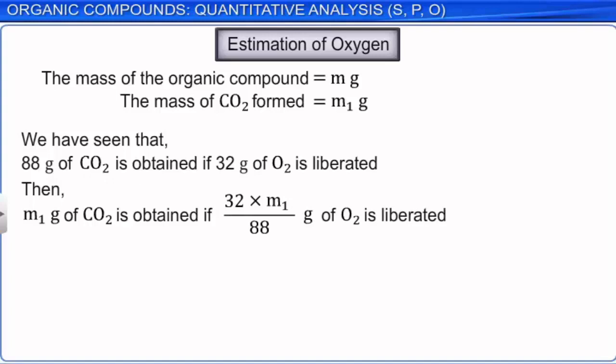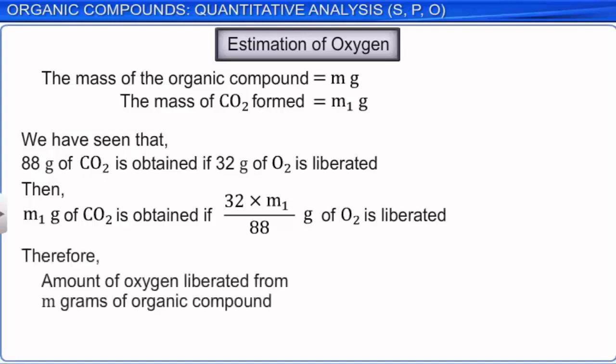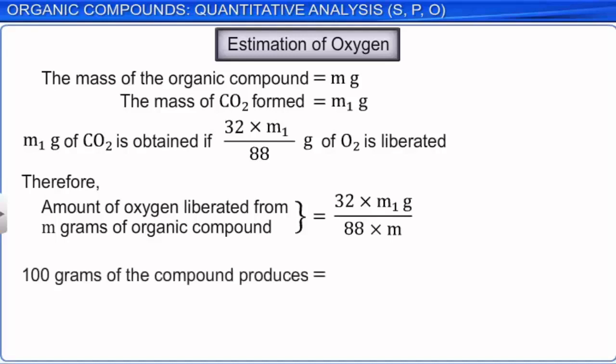Therefore, the amount of oxygen liberated from m grams of organic compound is equal to 32 into m1 divided by 88 multiplied by m. Hence, 100 grams of the compound produces 32 multiplied by m1 multiplied